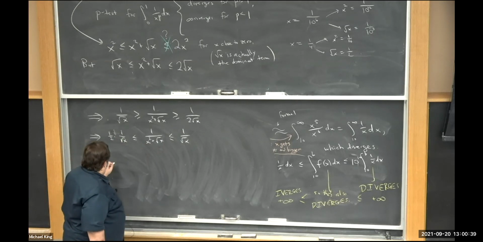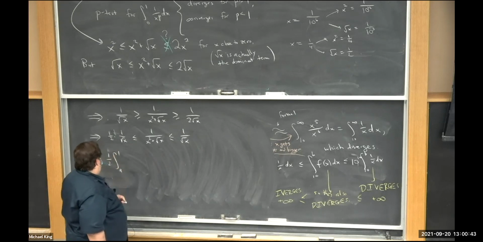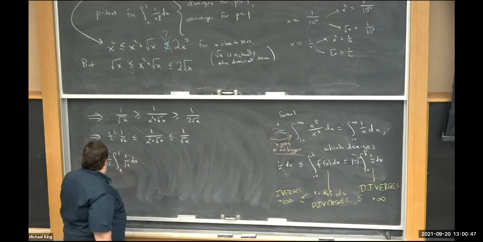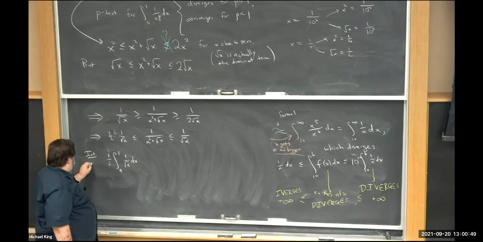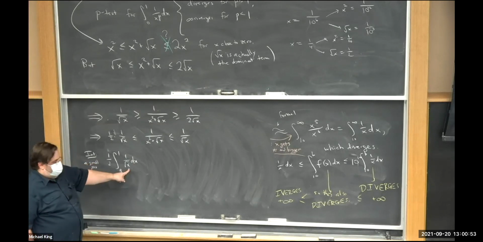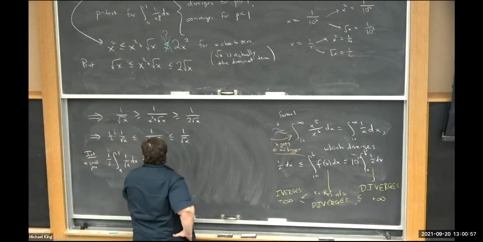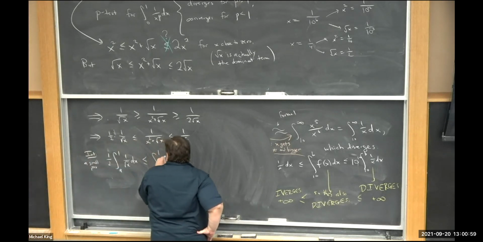I want to go from a to 1 over root x, where a is small and positive, because we can't plug in 0, so we don't want to be improper yet. So that's less than the integral from a to 1 of